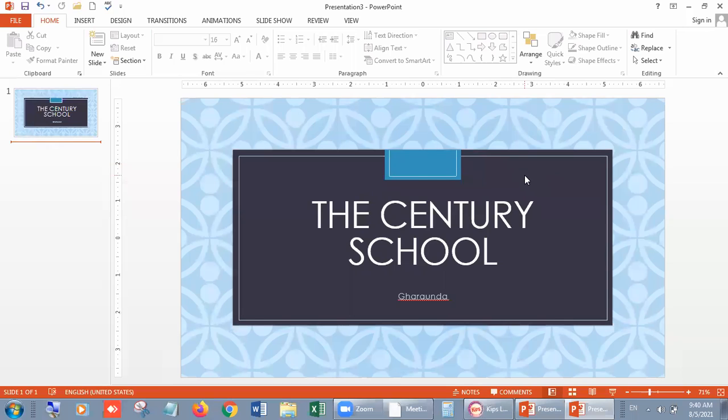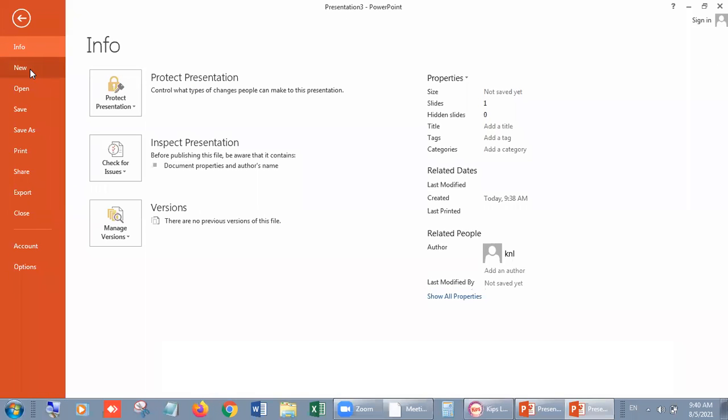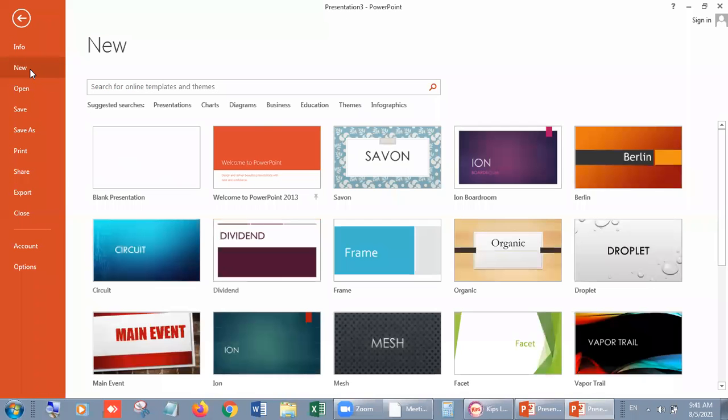So in this way, you can change it. And how you can change the design? Let's see. Click on file menu, then new option. After that, choose anyone.